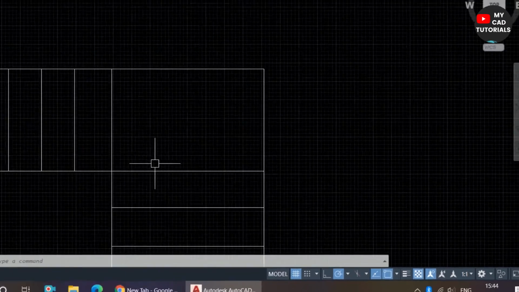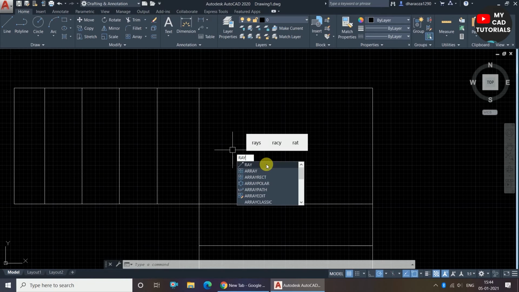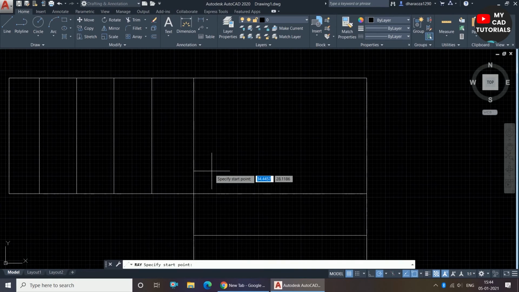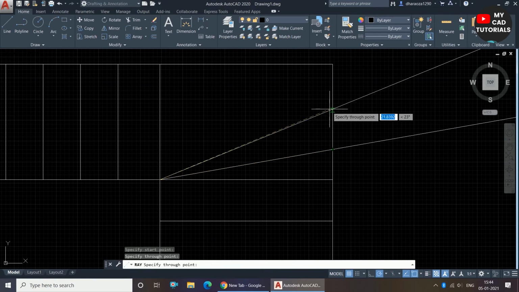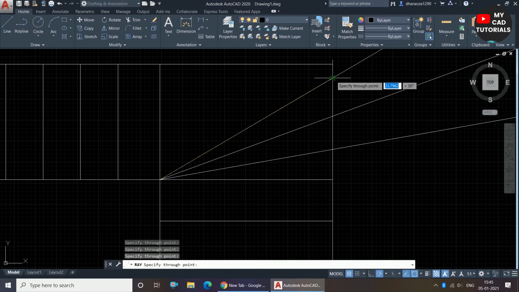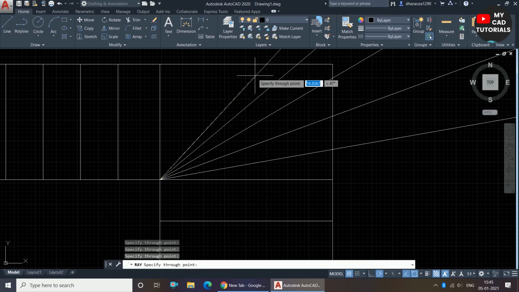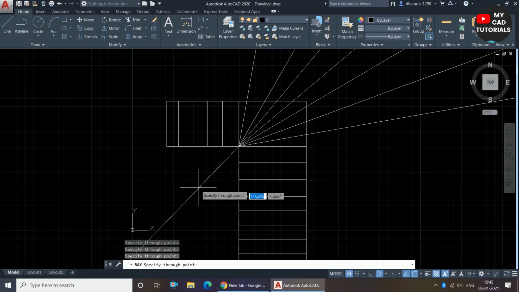Now I am invoking the ray command by typing RAY and pressing Enter. The ray command is invoked. I am selecting the base point from here, this point, again this point, this point, this point, this point.